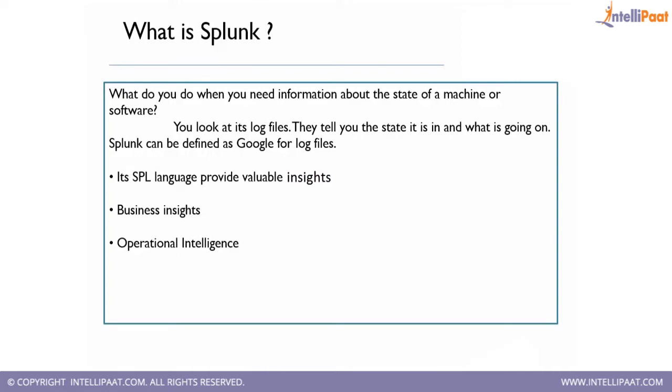Similarly, Splunk is the Google for machine data. Whenever you need relevant details that are hiding in your machine data, you go ahead and type it in the Splunk search bar. That will be part of the Splunk GUI, the Splunk Web, and it will present you with all the relevant details. And as 3G and 4G matter in the case of your internet connection to Google, the hardware requirements fit in the same category for your Splunk architecture. The better your hardware and specs are, the faster you will get the data, and the more efficient your system will be in handling it. So that is what Splunk is about.